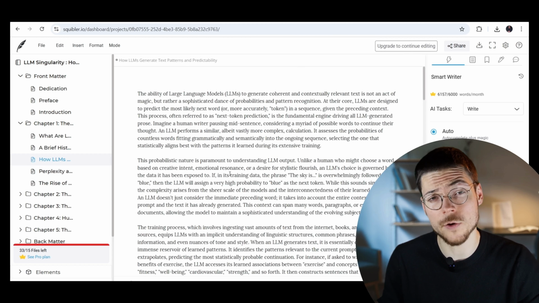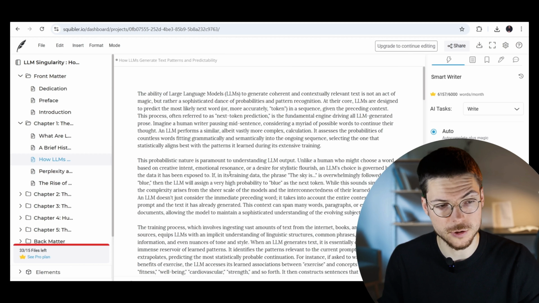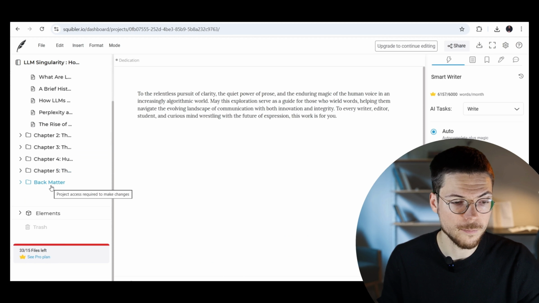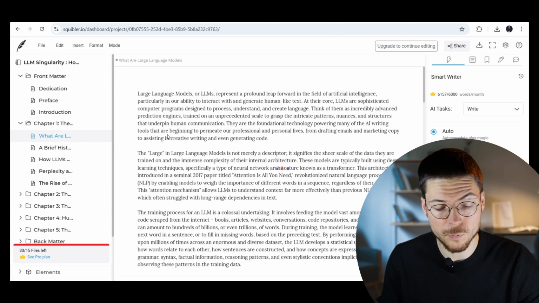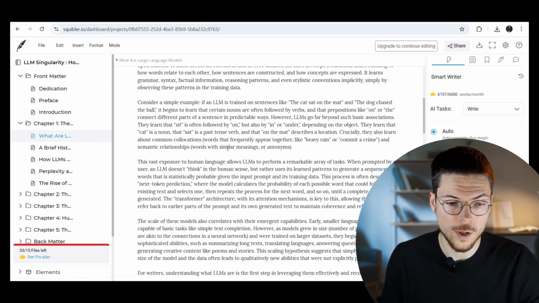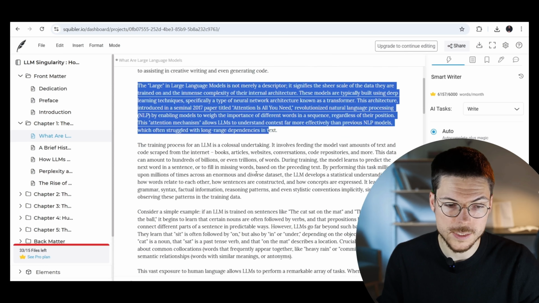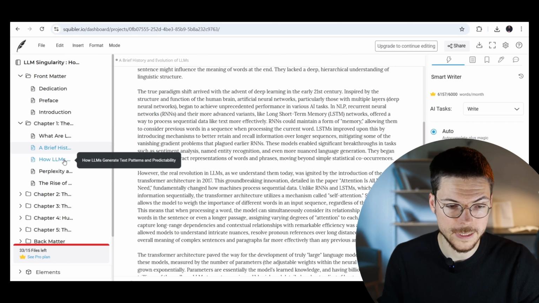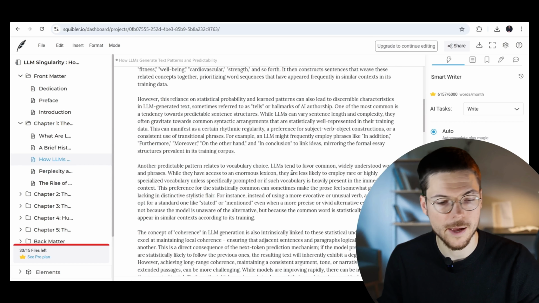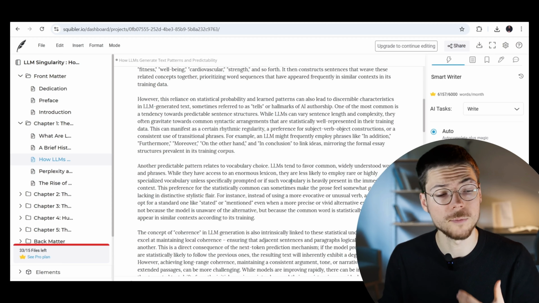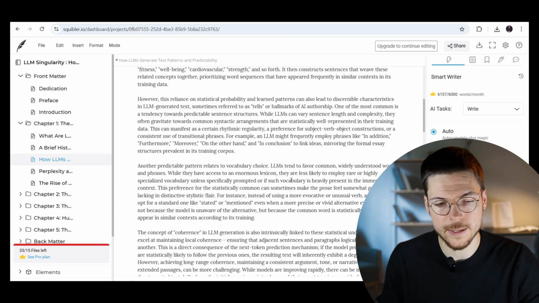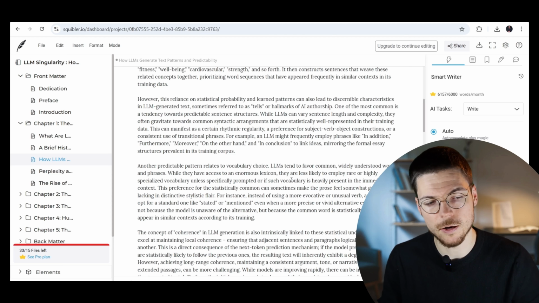What's good with Scribbler is that it understands how a book is structured. For example, there's the dedication page, the preface, the introduction, then the back of the book. Also, the prose that is generated is well formatted. You always get paragraphs with several sentences, so it's really easy to read. But just the ideas and the content of the book itself, you have to add a lot of input from yourself, from your experience, your own style, your own narrative and stories to really make it look and